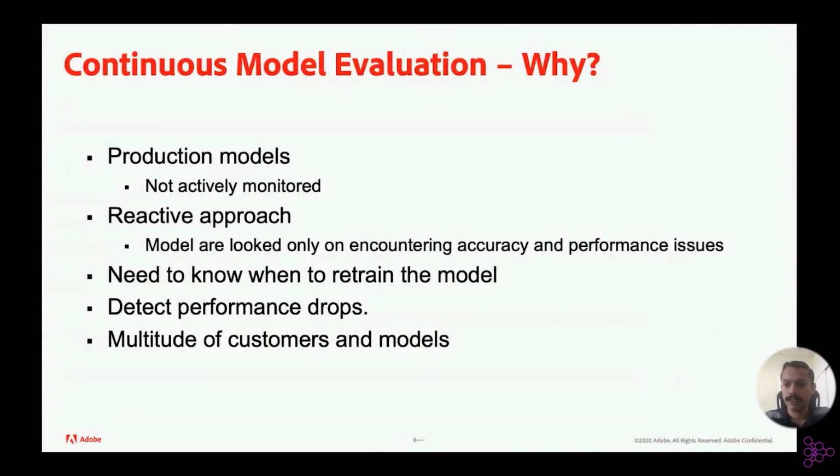Currently, in the industry, it is not uncommon that one spends a lot of time and effort in tasks involving data cleansing, model building, ensuring that the model has acceptable accuracy, and so on before deploying the model. However, once the model is in production, the models are not monitored actively. A more reactive approach is used, wherein the models are looked at only when a possibly critical problem arises. By the time the problem is identified and fixed, it may be too late, as the model would have already